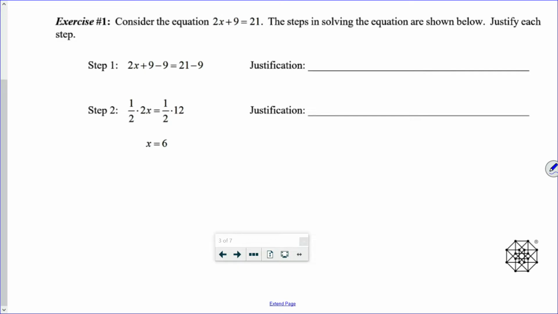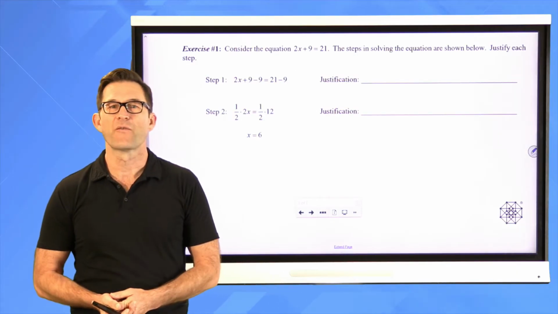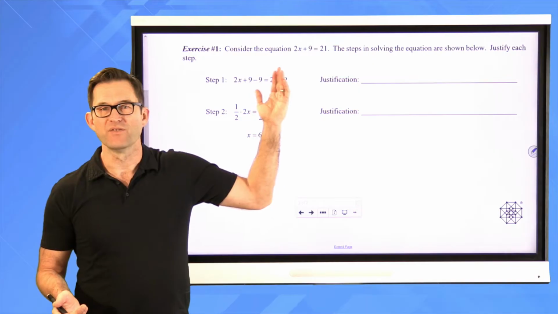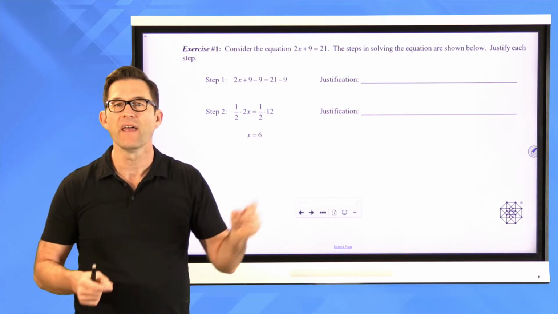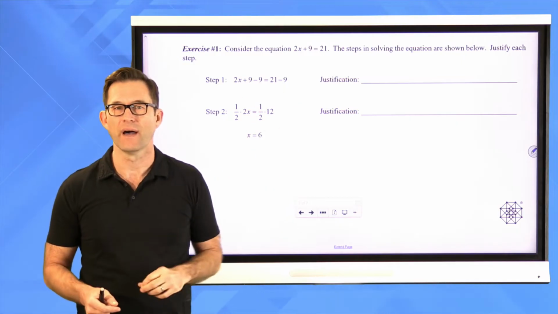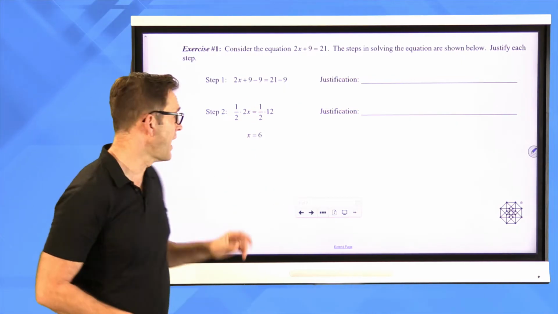Consider the equation 2x plus 9 equals 21. The steps in solving the equation are shown below. Justify each step. All right. So the first step I would do when solving 2x plus 9 equals 21, thinking about inverses and things like that, is I subtract 9 from both sides. The justification for that is